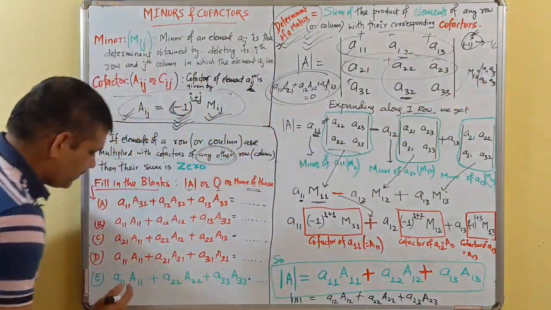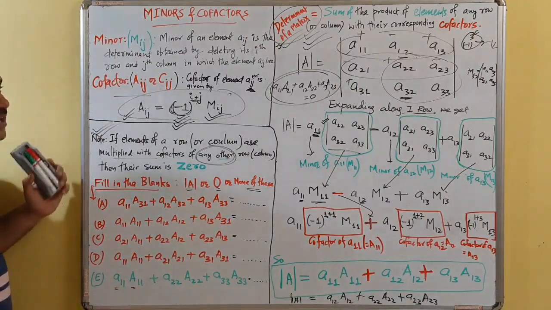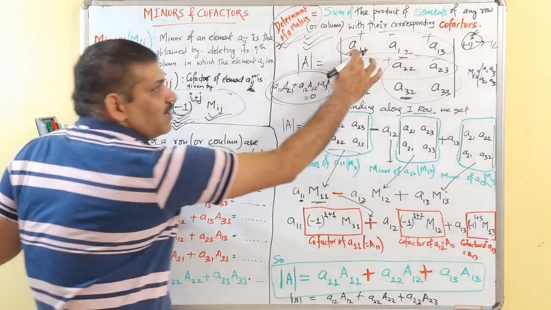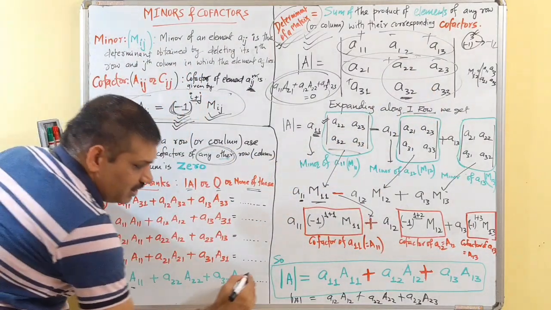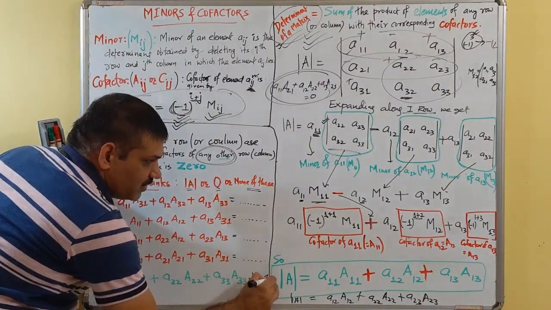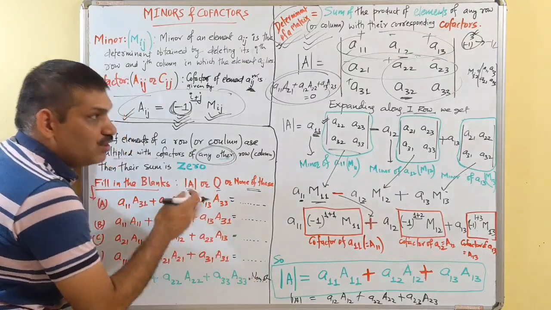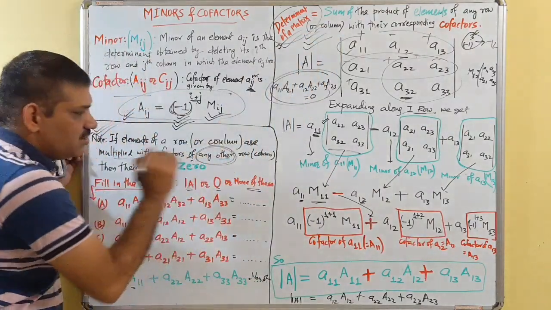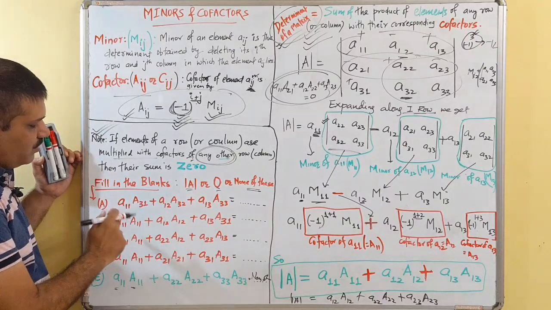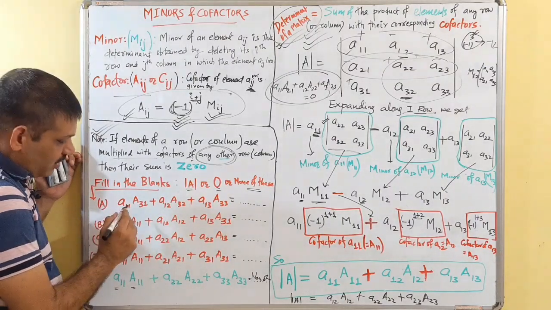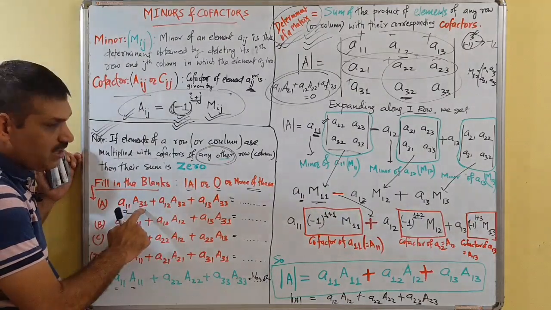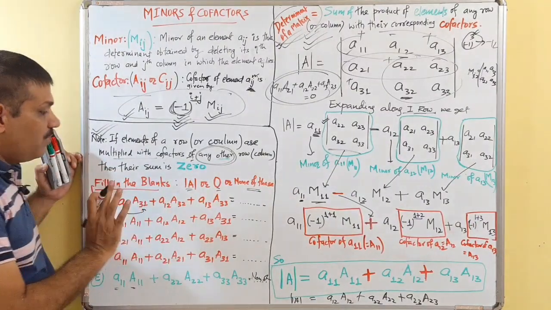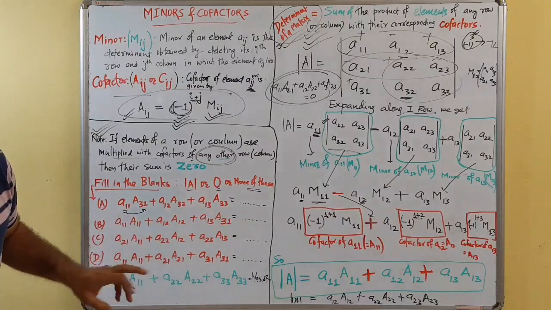So this one, A11 multiplied by capital A11, A22 multiplied by capital A22, A33 multiplied by capital A33, is none of these, that means it is neither equal to the value of the determinant nor 0. Now we talk about this. A11, is it multiplied by its corresponding cofactor? No, here 1 1 and 3 1, that means it is not, but let's check whether it is 0 or not.